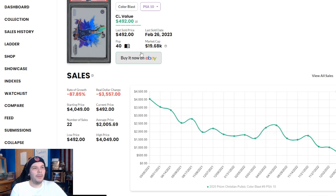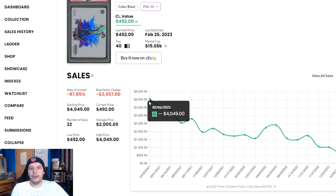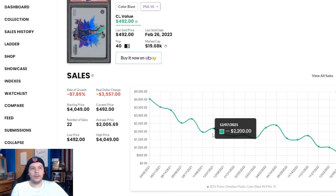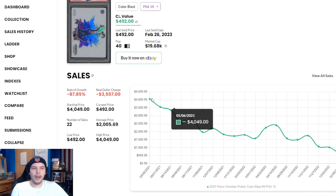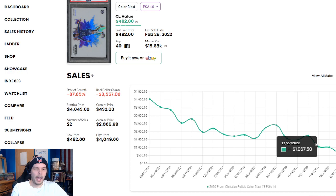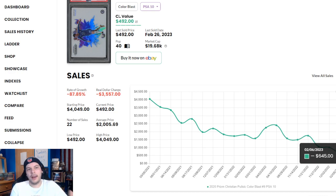So basically, you can tell that in 2021, which, sure, we were at the peaks of the market, but this card was going insane at 4,000, close to 4,100, and then by the end of 2021, it was already down to 2,000, so it got cut in half. Then in the next year, it basically gets cut in half again, and then since then, in the next 3 months, it's cut in half again. So, this is one of the things where,